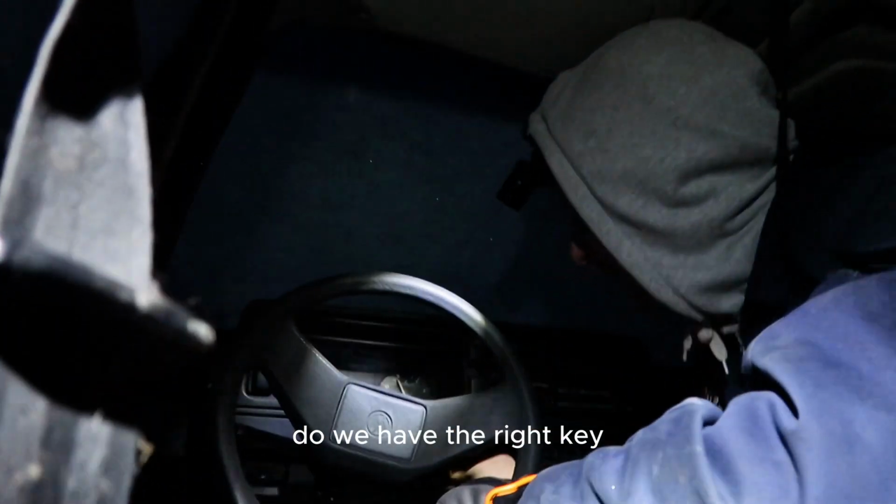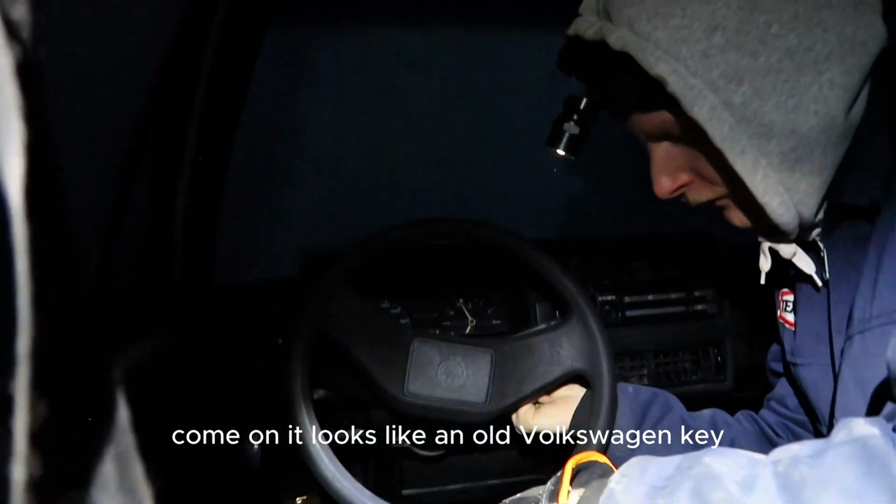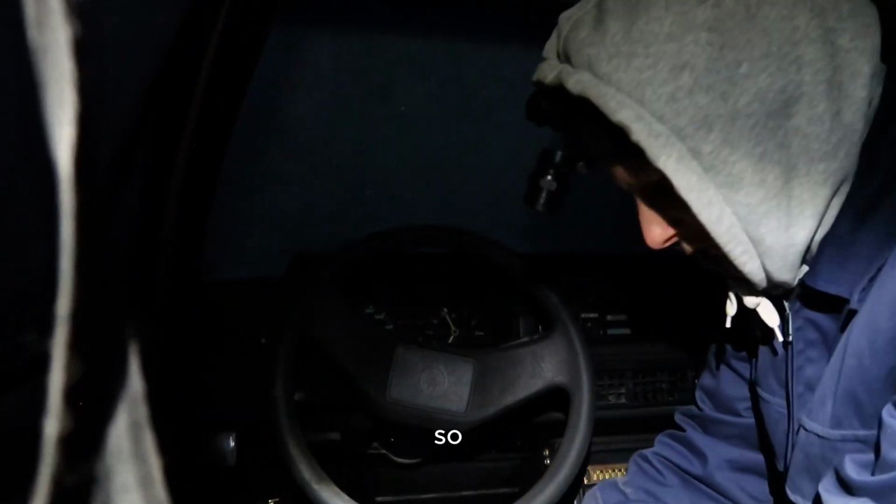Do we have the right key? Come on. It looks like an old Volkswagen key. So...